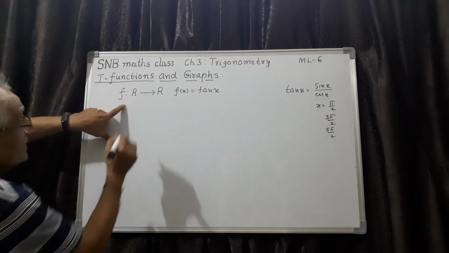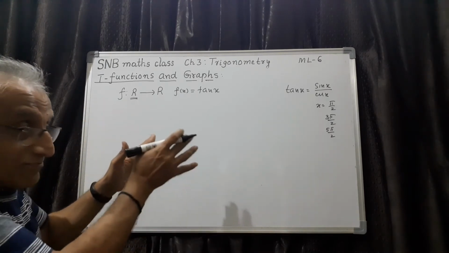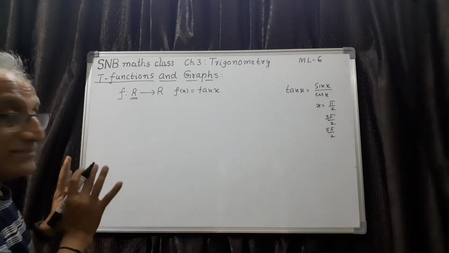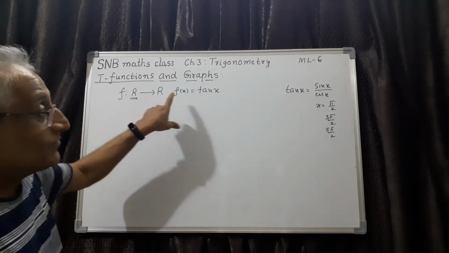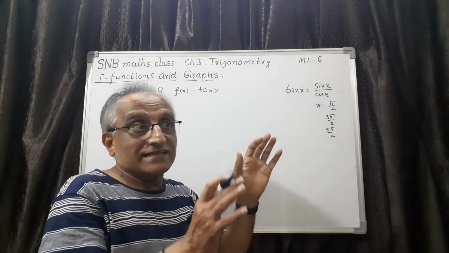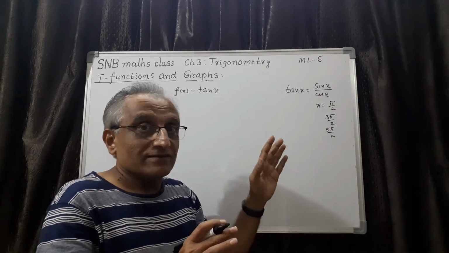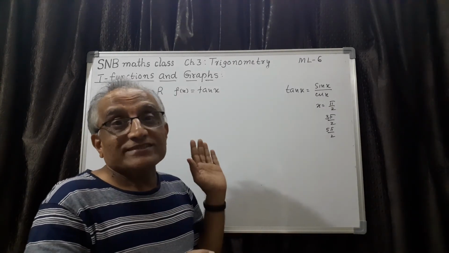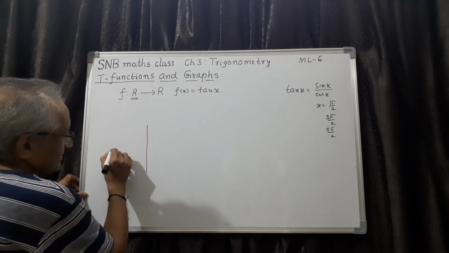So the entire R is not the domain. Please note, the entire R is not the domain. Some of the values you have to remove. So that is one thing. The second one is, what about the range of this one? Only for sin and cos it is between -1 and +1. Sin lies between -1 and +1, cos x also lies between -1 and +1. But for tan, there is no such rule. Why is there no rule? This you have to understand from the definition once again.